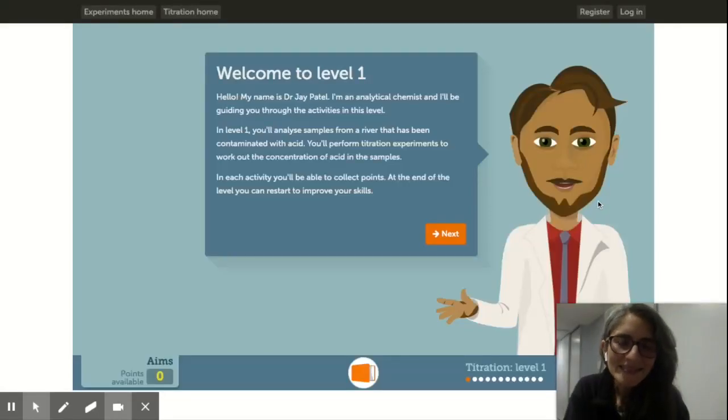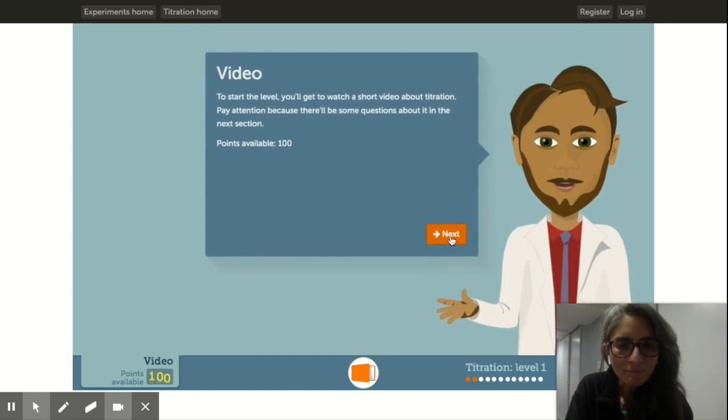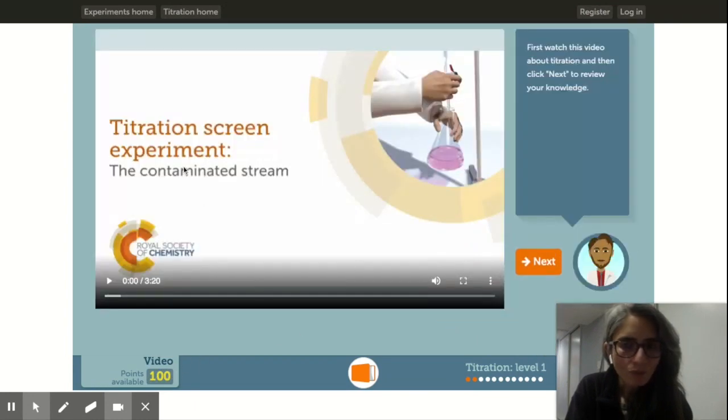Okay, this second simulation is actually a bit more complete. It sets you up in a situation of an acid spill in a river with the video that we actually saw on the Monday lesson. When you start, it'll set you up with a certain amount of points by just watching this video. Again, it is the same one that you saw on Monday, so you can just click play